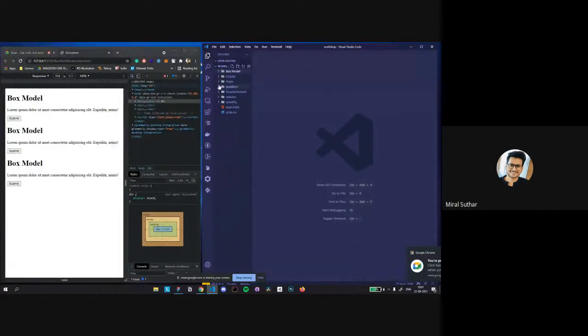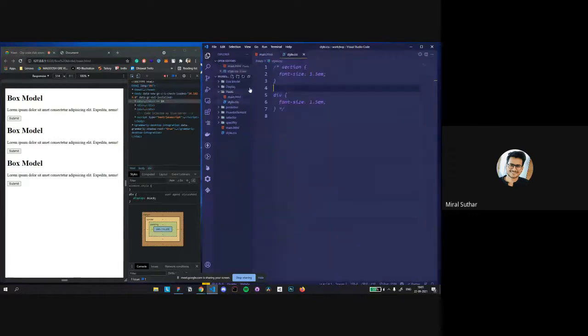So after completing the box model, we can go for the pixels. So how do we define sizes in HTML?